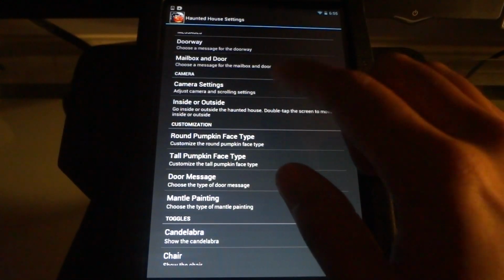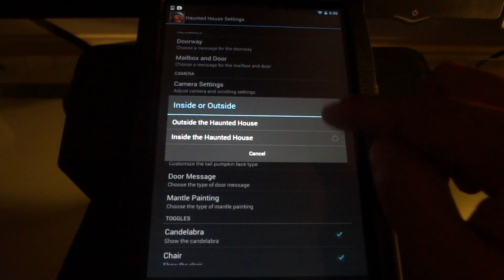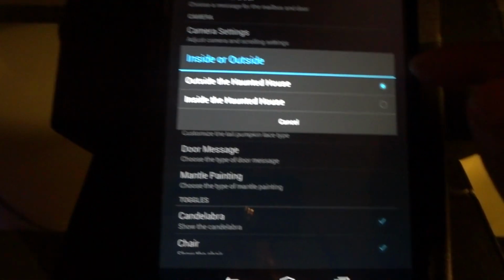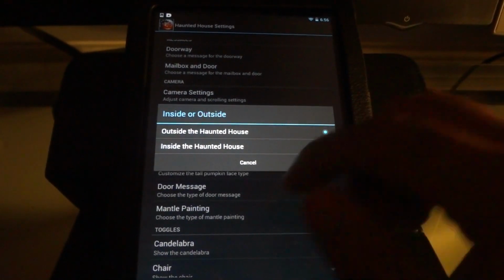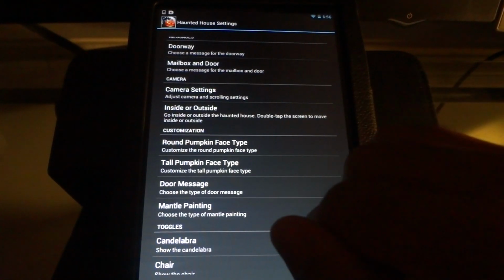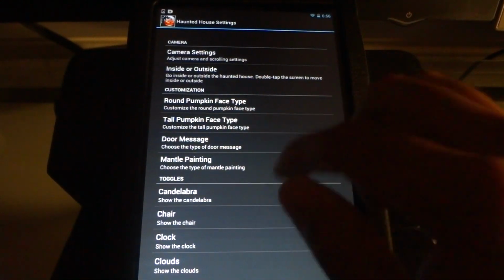Camera setting, I showed you just a little bit of it. If you turn double tap off to go in and out, you can set which one you want permanently on. Then you can have the live wallpaper stay outside all the time or inside, so you get that additional option. Personally, I leave the double tap feature on because you can switch whenever you want. It's a lot easier. You can customize the pumpkin, as I mentioned,